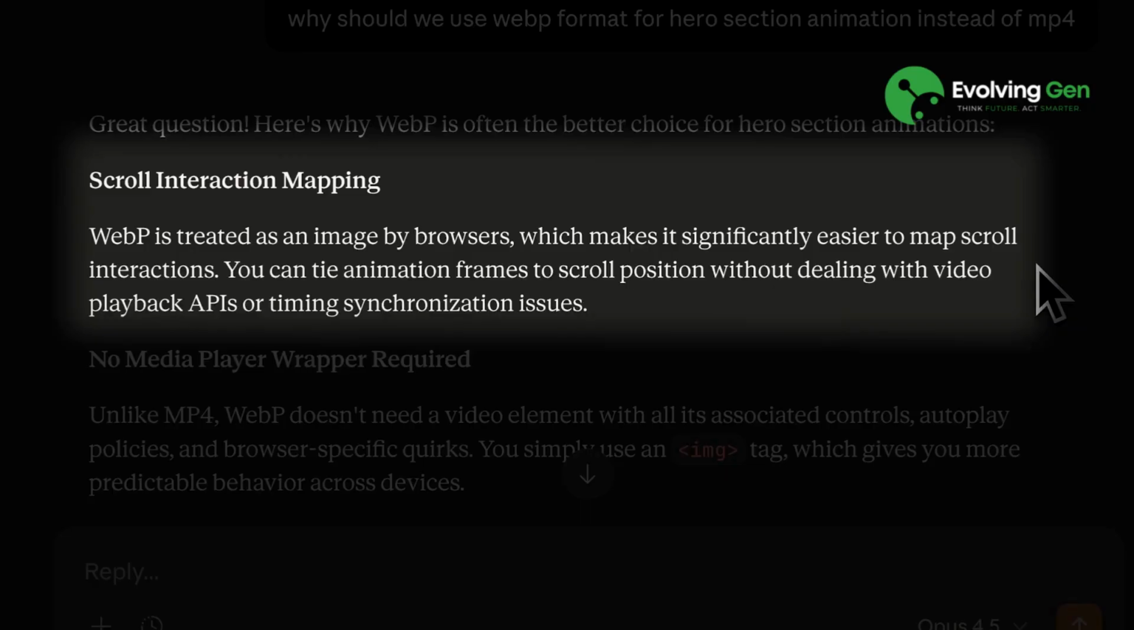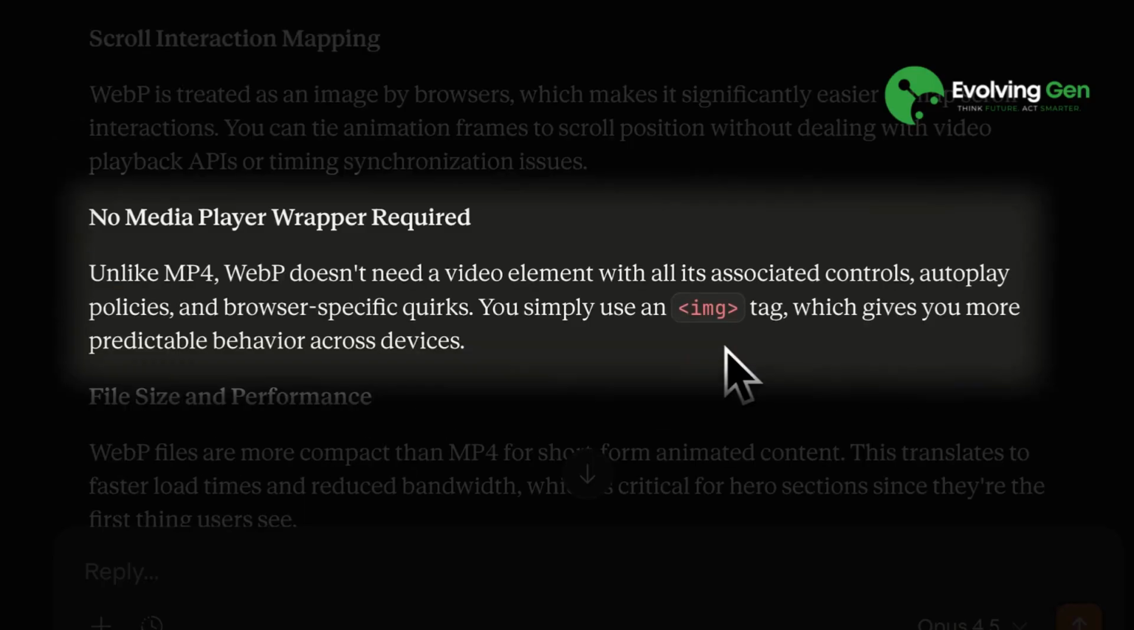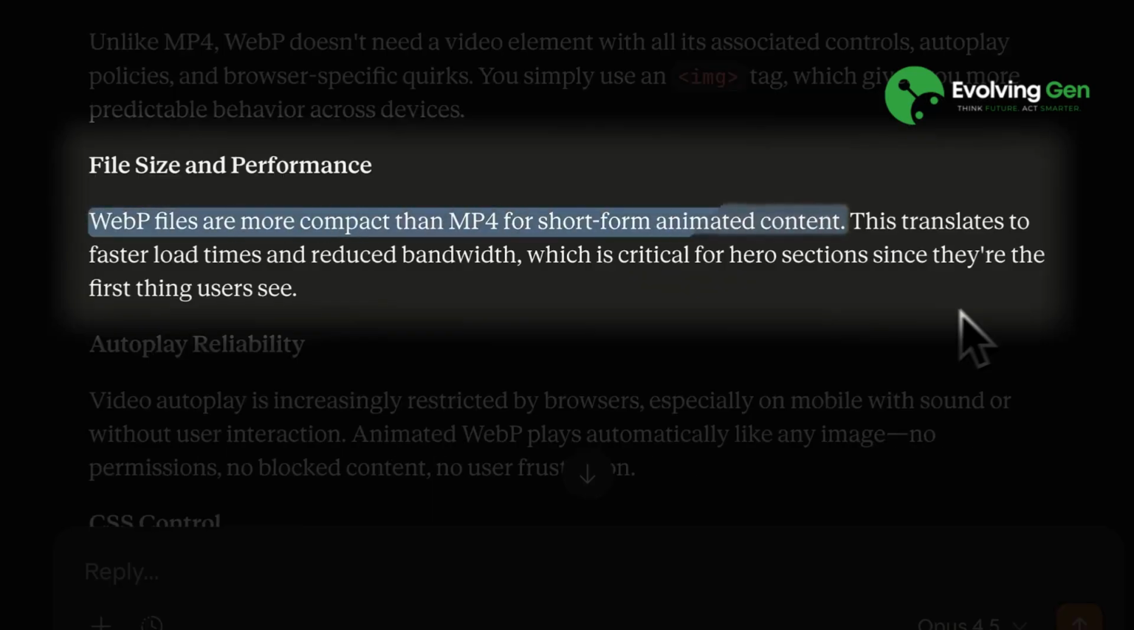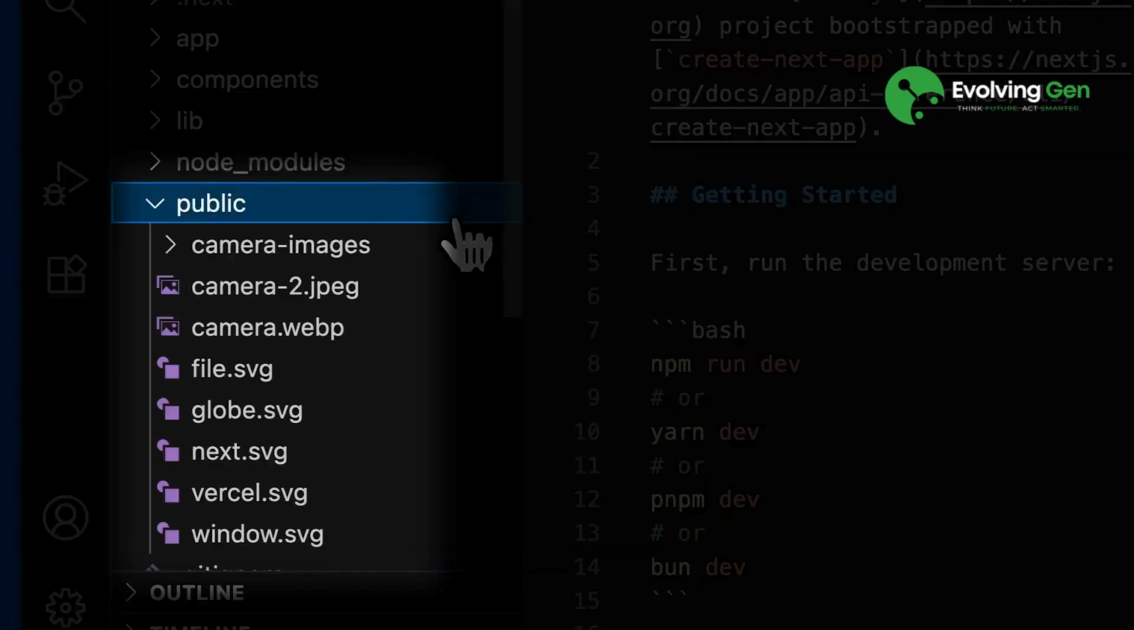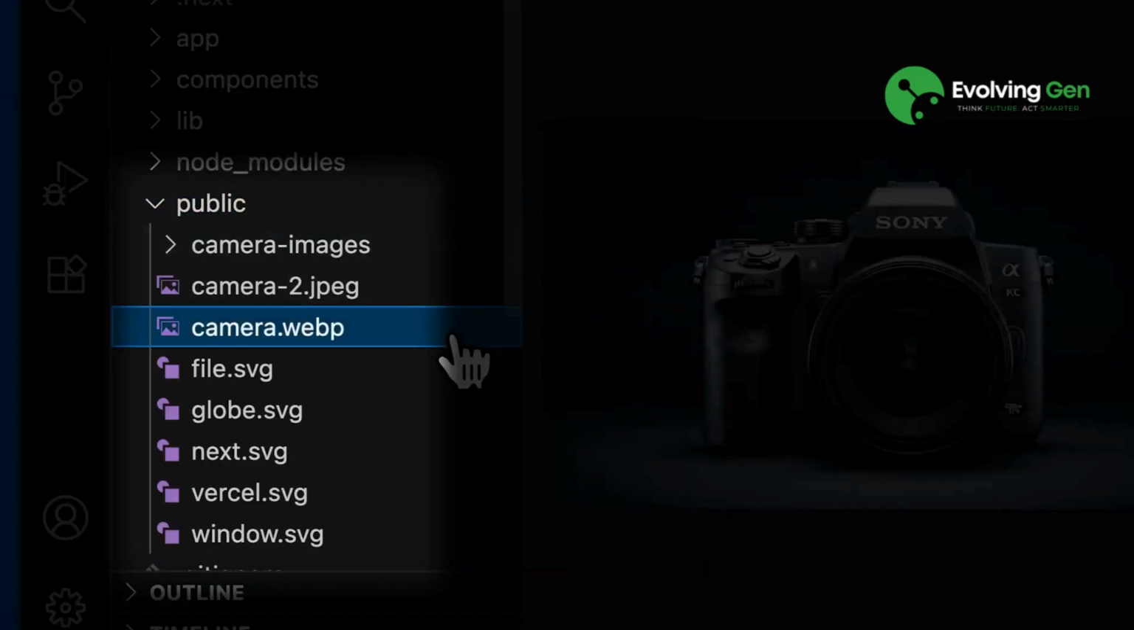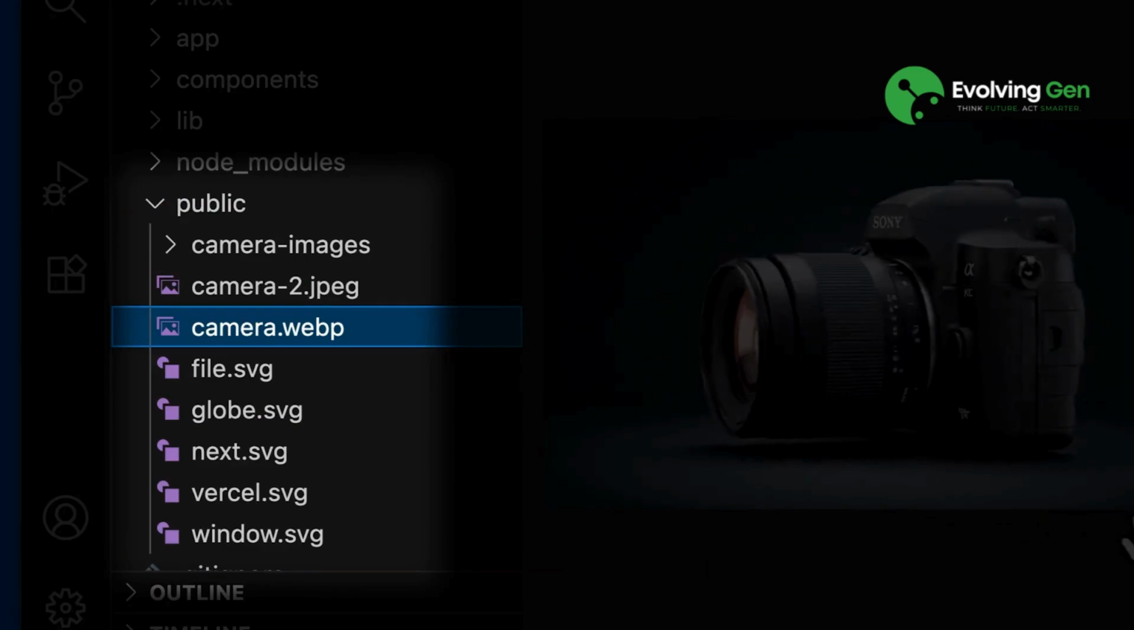Choosing WebP is important because with this, it is easier to map scroll interactions, since on the web, this format is treated as an image, which doesn't require a media player wrapper like other formats do. These files are more compact and deliver improved performance, making them ideal for short-form animated content. I added the converted WebP file to the public directory of my newly initialized Next.js project, because this is where